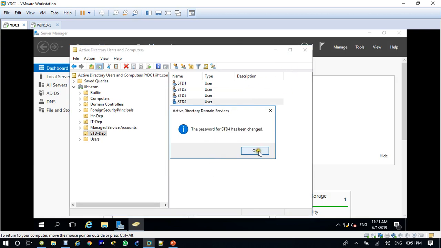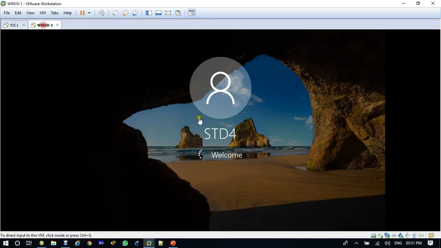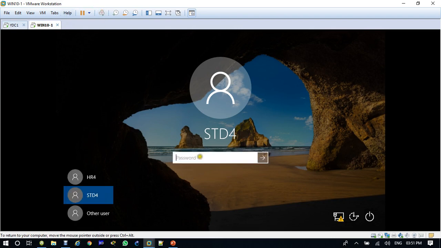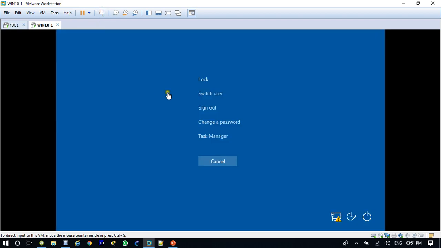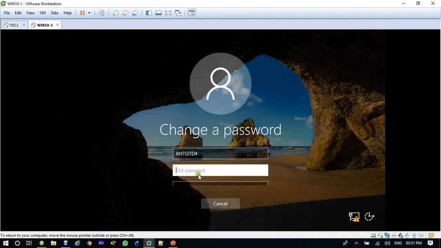Okay, password has been updated, and now come here, then put 123 at IIHT, enter. Okay, so when you logged in with the student 4 user, now let's change the password.